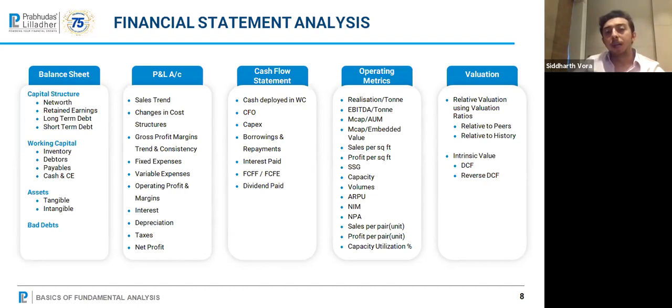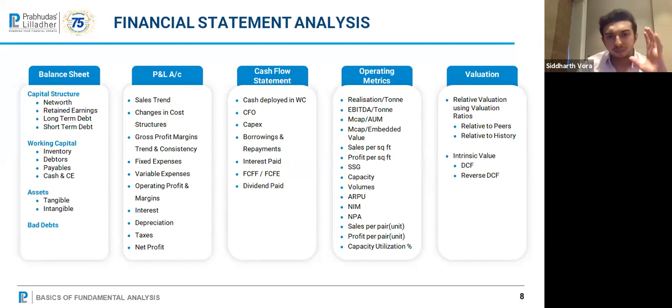Once we are done with balance sheet and P&L, the most important piece comes in, which is the cash flow statement. So on the street, the saying is, you can lie in your P&L account, but you cannot lie in your cash flow statement. Which means if your cash flow is not tallying with your P&L in terms of the broad trends, EBITDA बढ़ रहा है, cash flow from operation बढ़ना चाहिए, cash flow from operation बढ़ रहा है, free cash flows दिखना चाहिए.